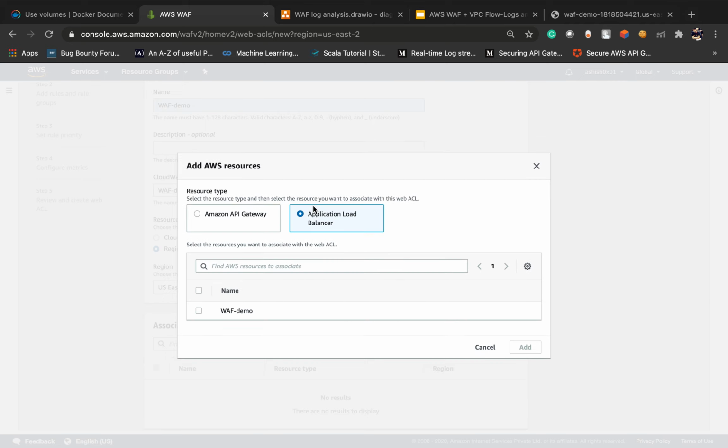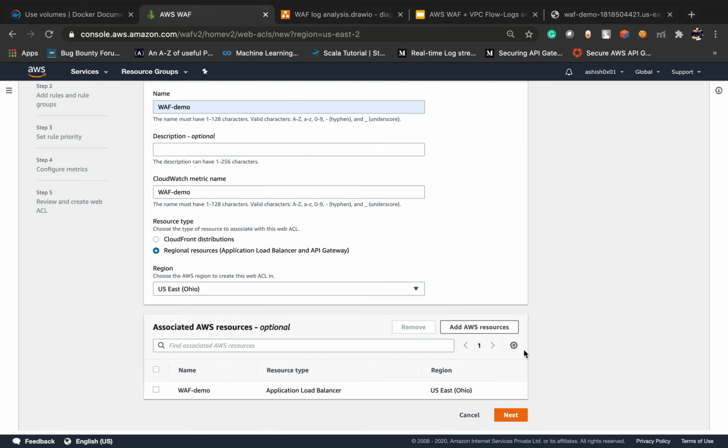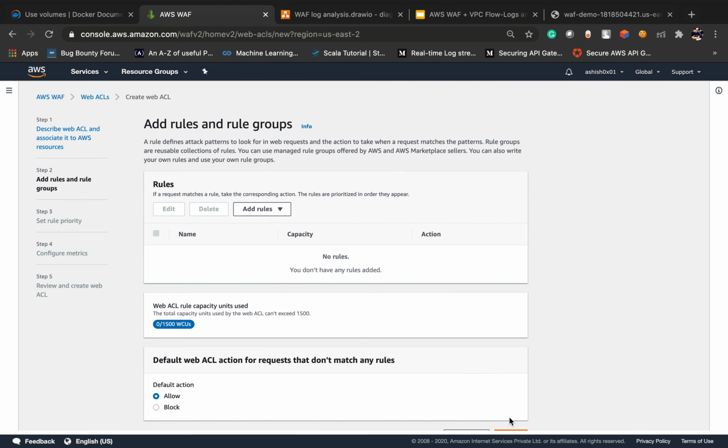Add resources, application load balancer. Then this is what we created in the previous lecture, the WAF demo. We need to add this one, and next we can create rules.